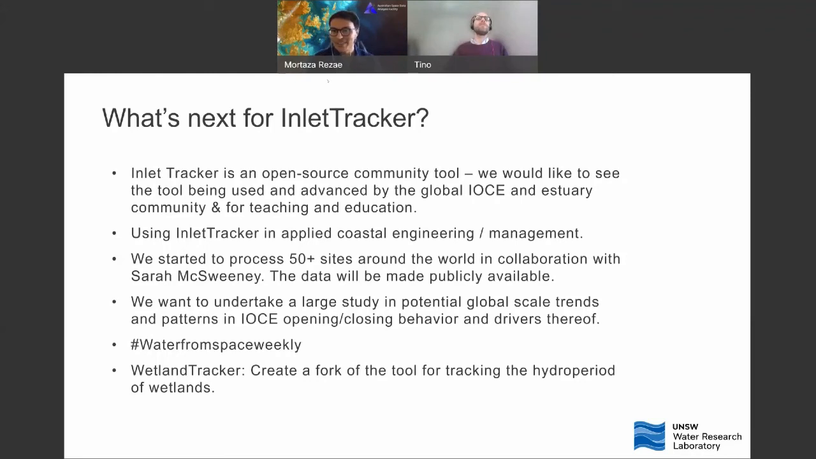Okay, so we've got another question from Jeff. Have you thought about extending to multispectral sensors or to try to extract inlet depth, for example? Depth? Yeah, those are fantastic questions. So the first question,